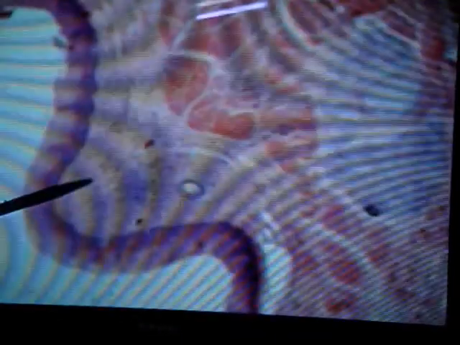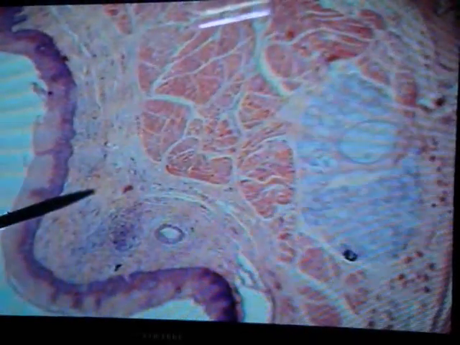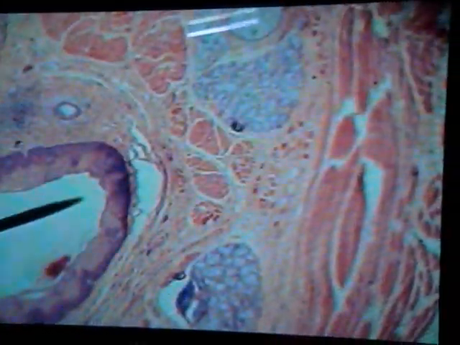Then deep to that there is a layer of connective tissue, which is the lamina propria. Deep to the epithelium we have the lamina propria, which is made up of loose connective tissue fibers.